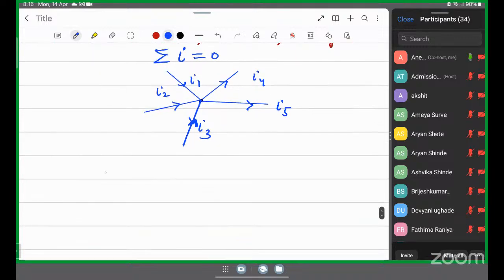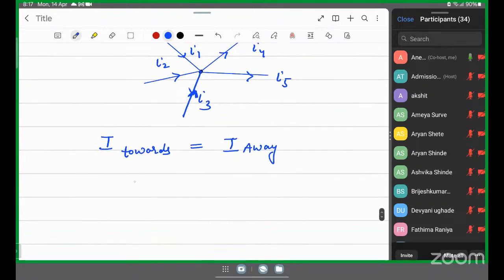In this case, current coming towards the junction point will be same as current going away from the junction point, which implies that